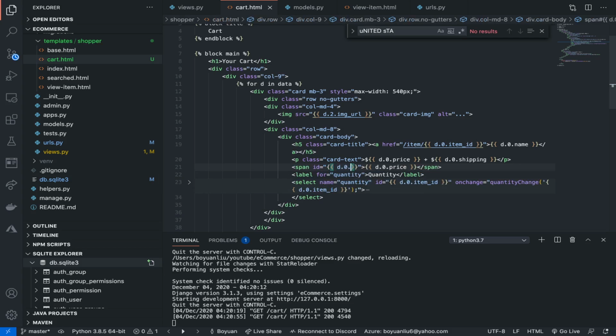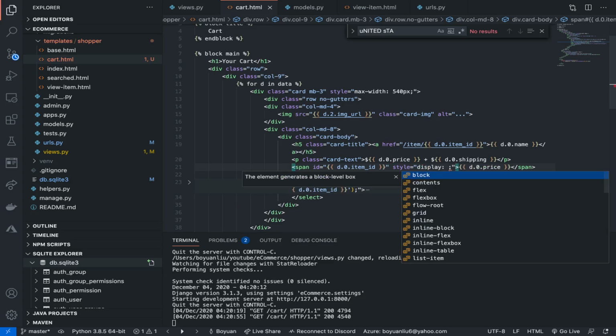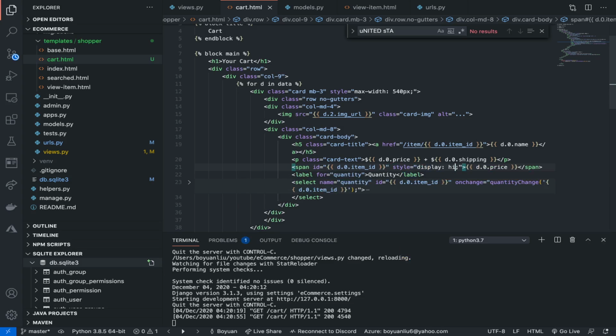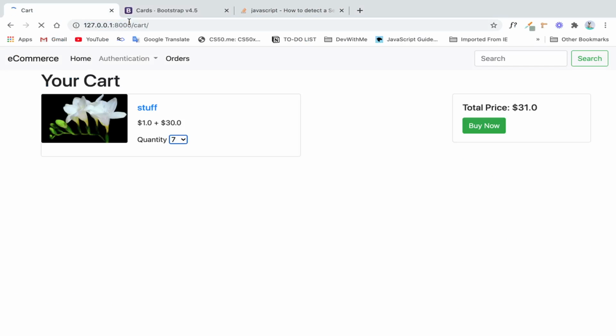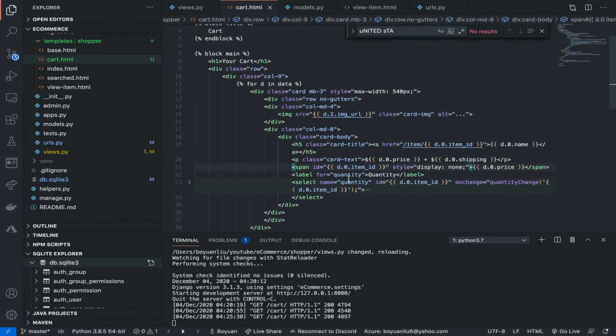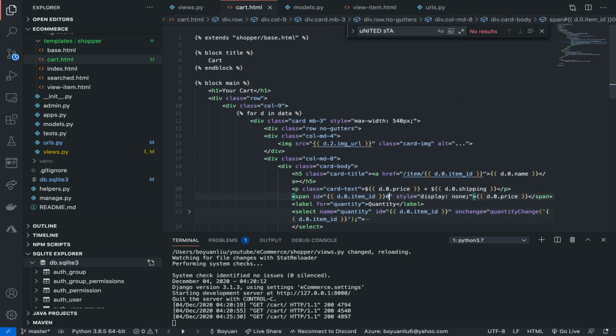So d.0.item ID. And in here we're going to go style, display hidden or something. No. So what's going to happen is it's going to show the unit price, right? But it's not going to show the unit price actually. And in here you can just say hyphen price,